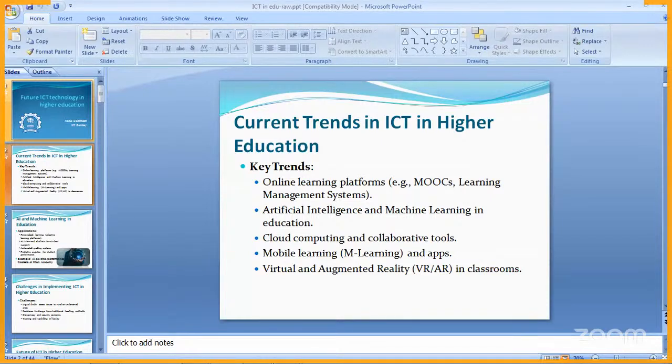Blockchain technology will revolutionize credentialing and student records in administration. We may have seen this, I don't know whether you have come across it or not: if your student goes for higher education, after completing the degree, for post-graduation or PhD in some other institute, that institute requires the documents to be validated by the original institute.